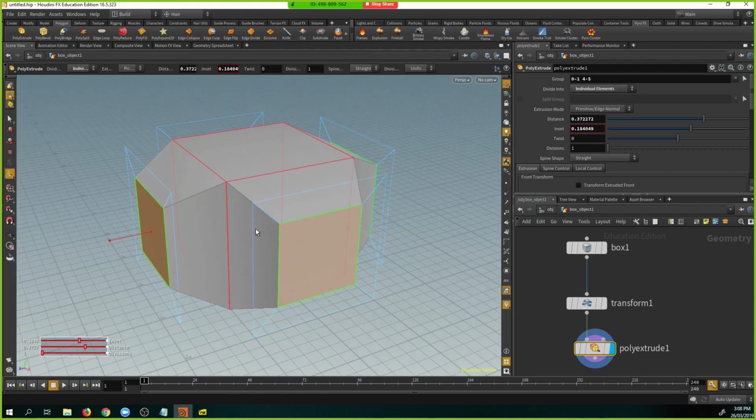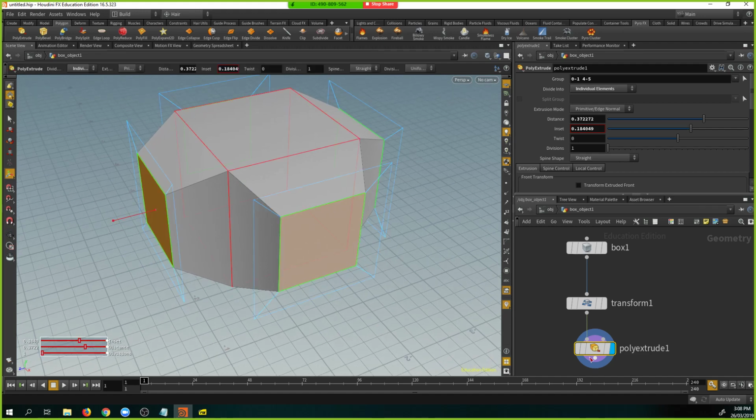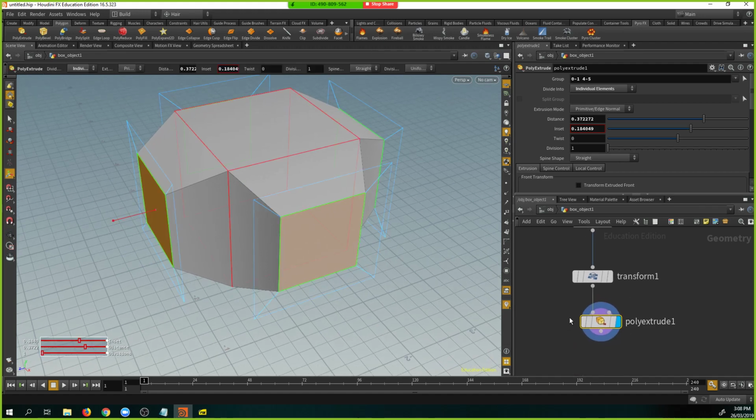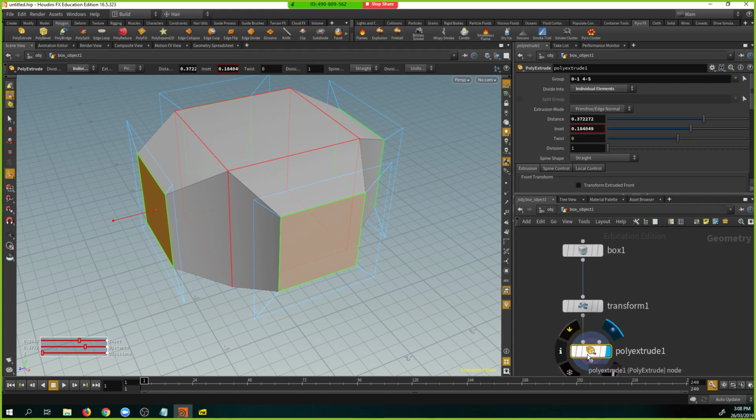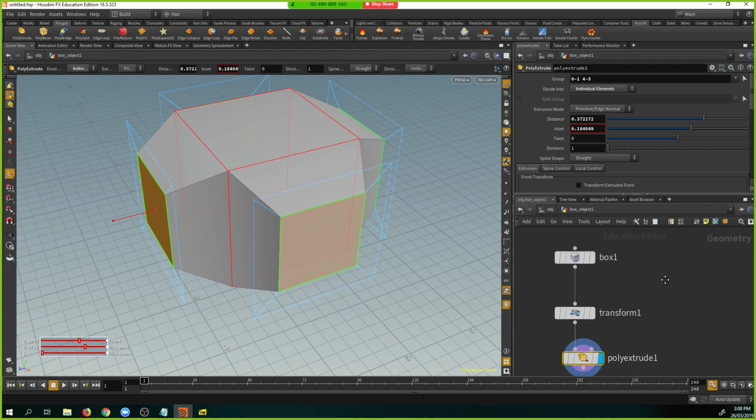Okay, so we've done something, but you see that extrusion has happened after transformation. The right way is that I just wanted that to be before that. So it's a good time to do a